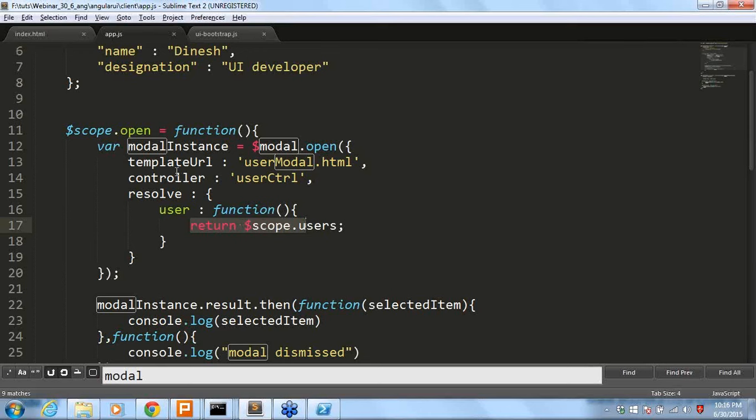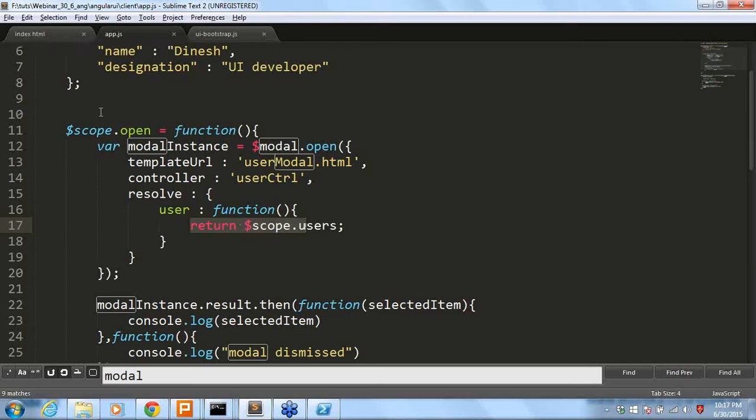In both controllers, what I want to do is, in the admin controller, if I click on the button, I want to show the admin information. In the user controller, if I click on the button, I want to show the user information. What I will be doing is creating a single modal pop-up or single template. Instead of creating it as a script file, I will create a template.html itself. I will create an HTML and keep it in my application.